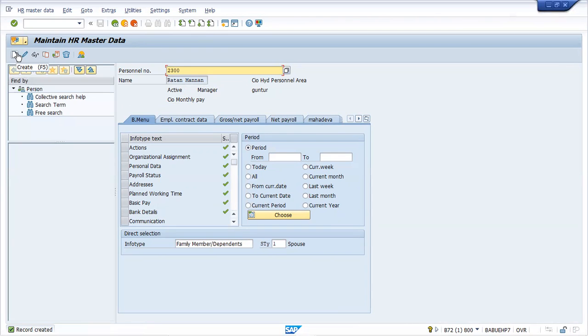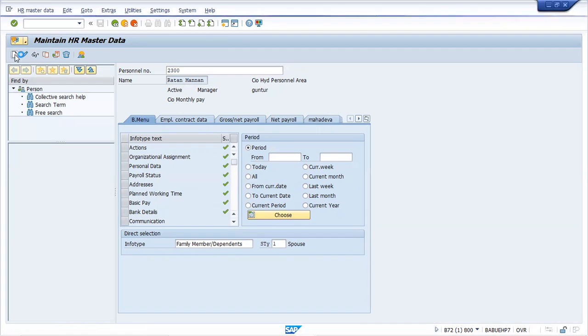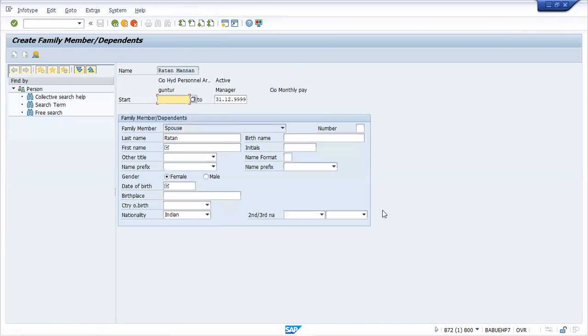Oh, okay. So, can I create again? One second. I think you created a child also, right? Child you created. No, I have created it. You can do that later on. Now you go to info type 582 and go to LTA. I think it should be eligible now. You should be able to see that.